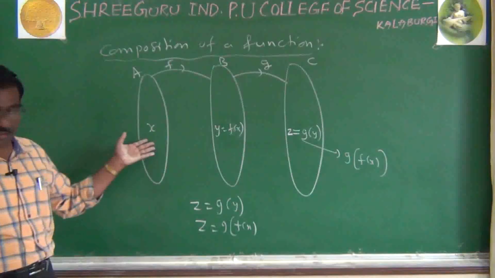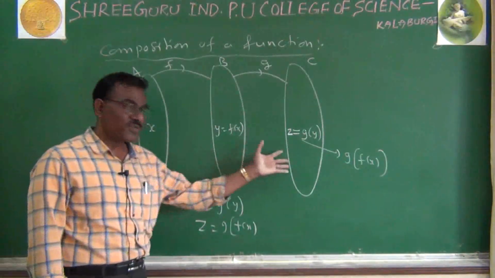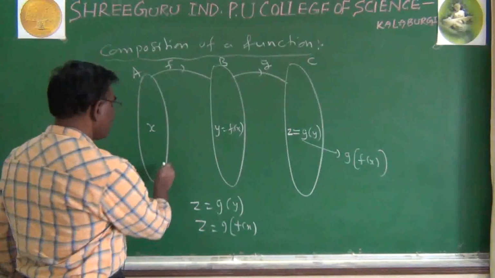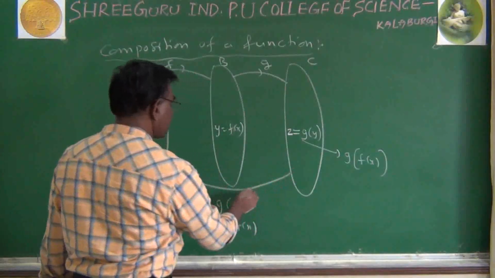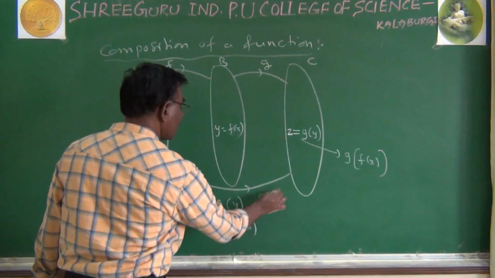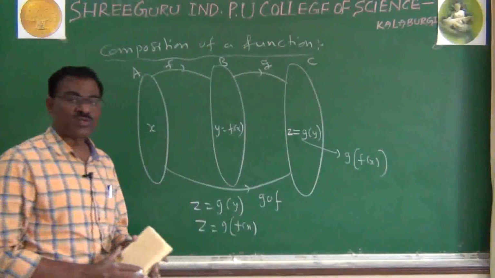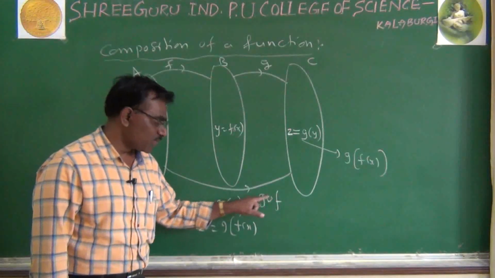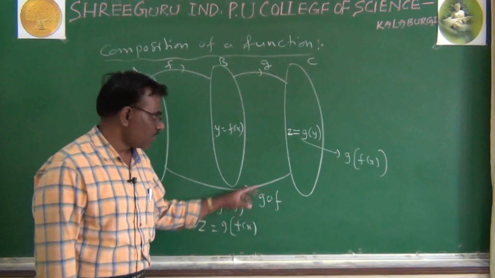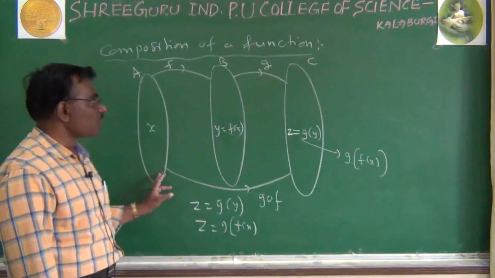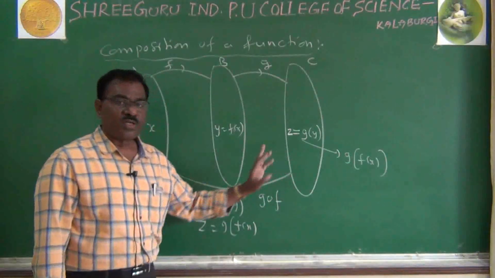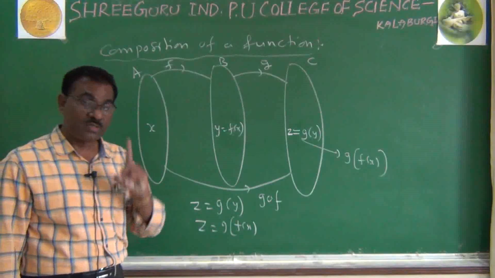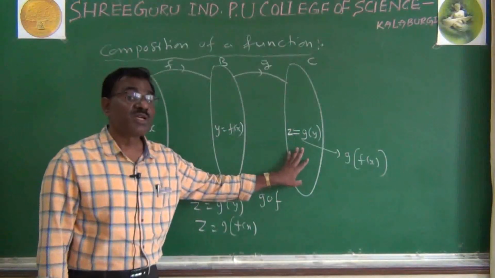This is x, this is also a function of x, this is also a function of x. Even the last one is a function of x. When this is a function of x, then it is called g composition, symbol ∘. g∘f, not f∘g, this is composition. When you are taking from g to f, suppose it is not a function of x, this composition does not come. Please remember, it must be a function of x.